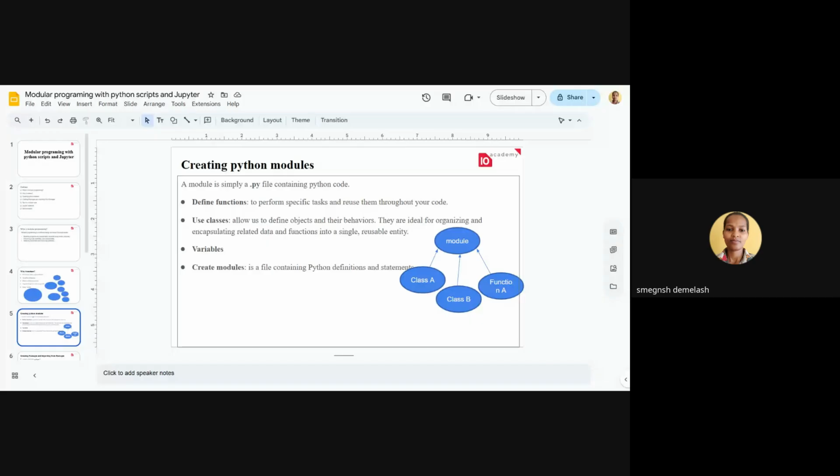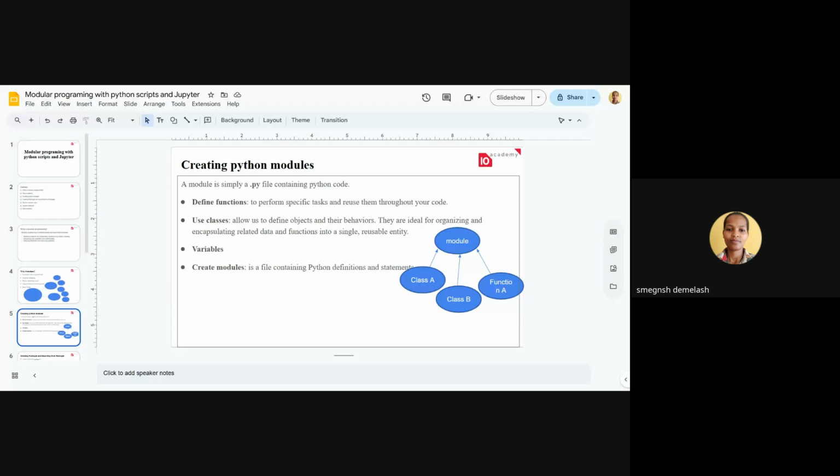They contain attributes or variables. Using classes allows us to define objects and their behavior. Classes are ideal for organizing and encapsulating related data and functions into a single reusable entity, which means that